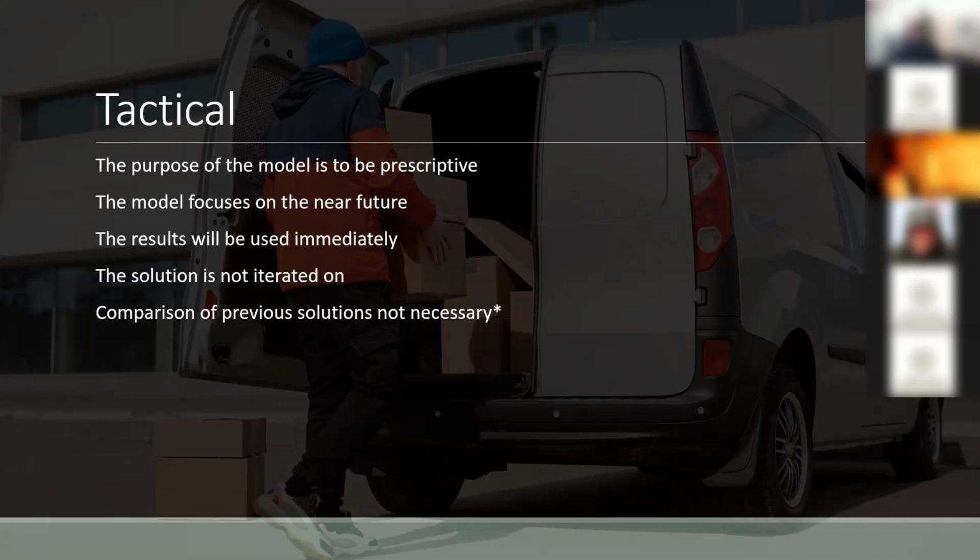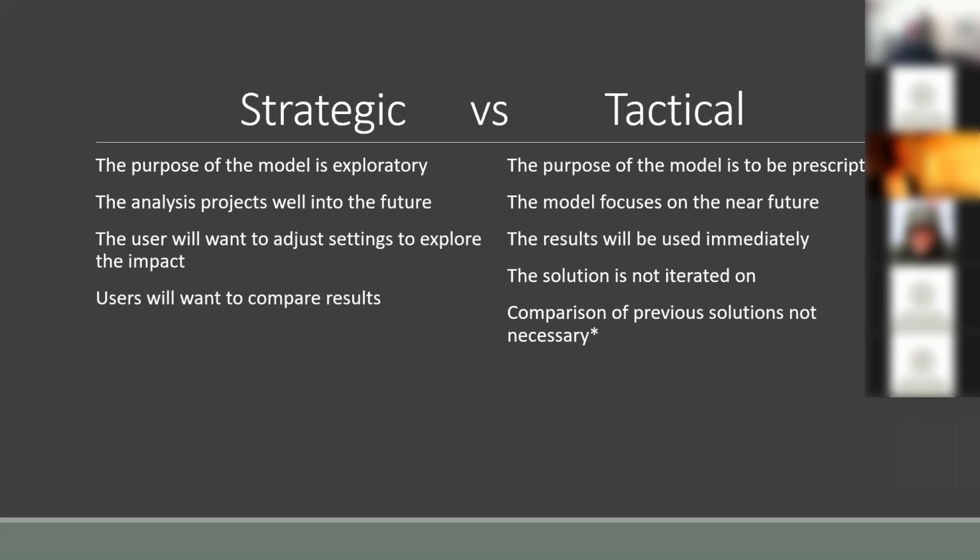And so it's the fact that it's time bound, it's tactical, it's a decision, it's something I'm executing on right now. And so I always like to think about models and where they lie on the spectrum between the strategic and the tactical. The value is providing that immediate answer. For those of you who want this all on one slide, there it is, with a comparison side by side.